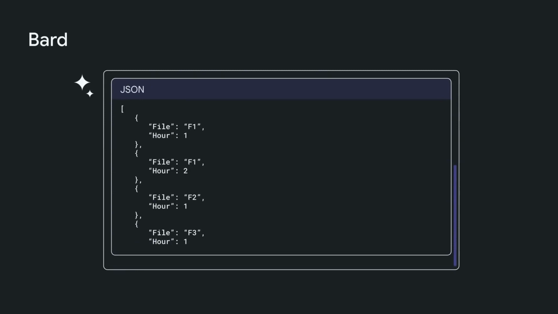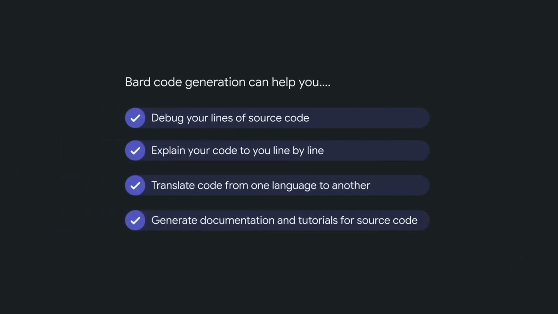It gets better. I happen to be using Google's free browser-based Jupyter Notebook, known as Colab, and I simply export the Python code to Google's Colab. To summarize, BART code generation can help you debug your lines of source code, explain your code to you line by line, craft SQL queries for your database, translate code from one language to another, and generate documentation and tutorials